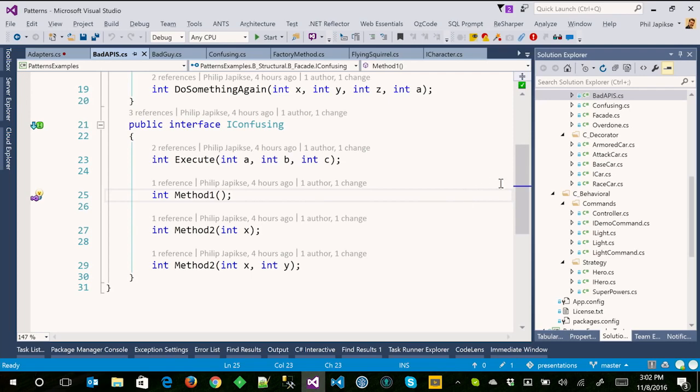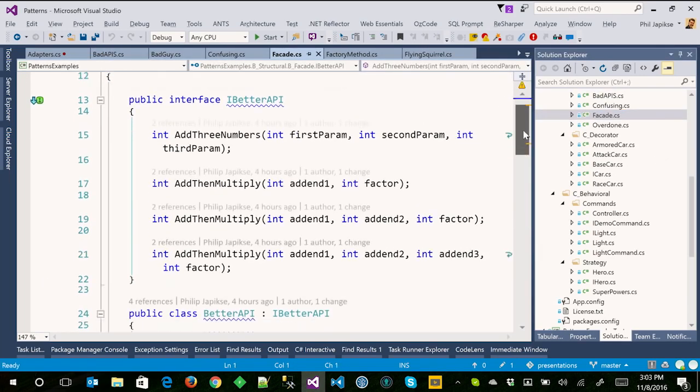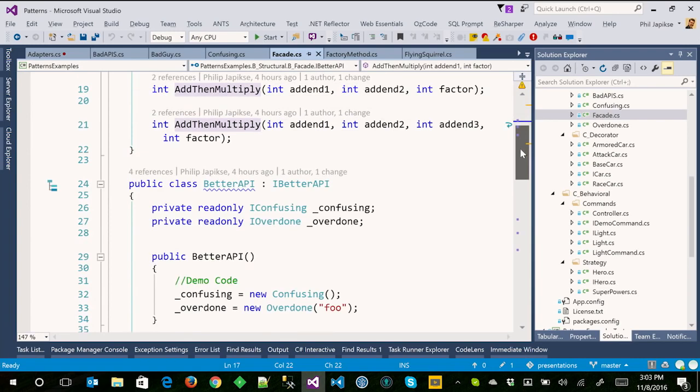So what we want to do is build a facade. Somebody has to bite the bullet and take the time to learn which of these methods we need and call them something better, right? And wire them up. So we really need these two methods and their overload. So add 3 numbers, add and multiply with some different items. Okay. So when we build this class,